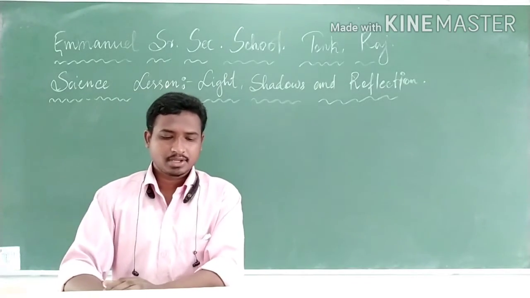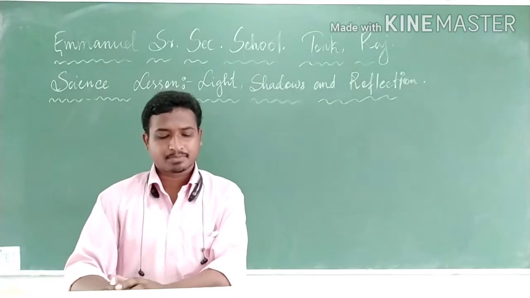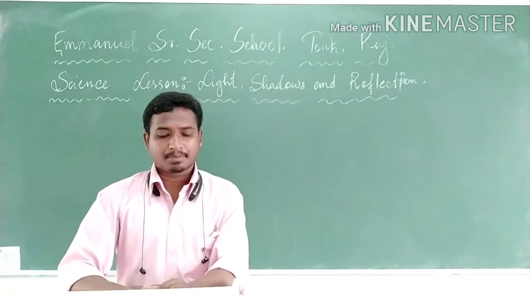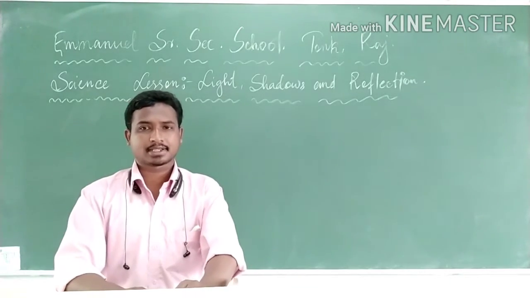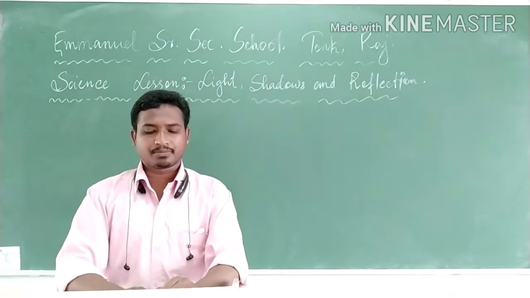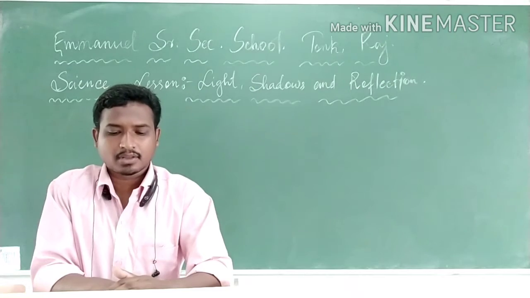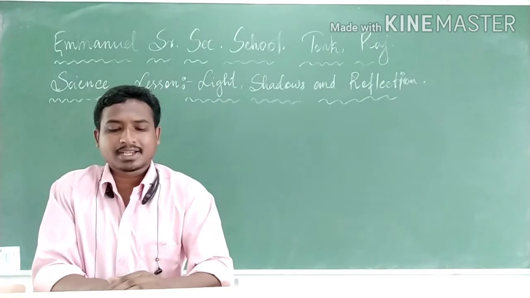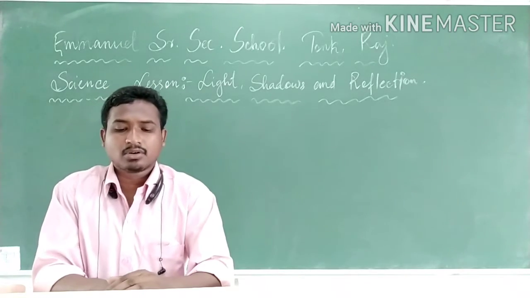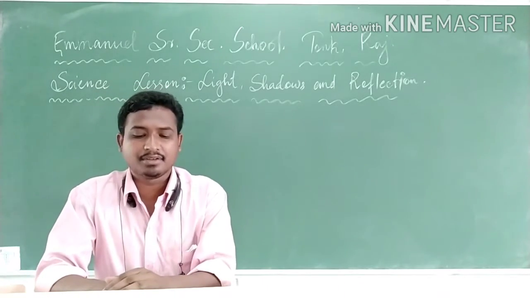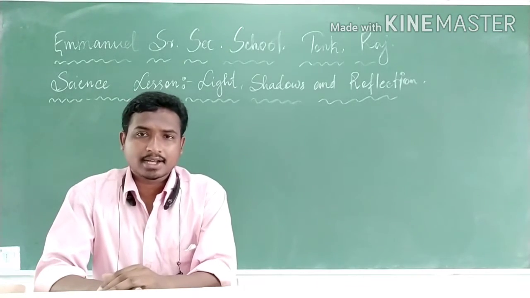Students, in your book: transparent, opaque and translucent objects. Do you play the hide and seek game? If you hide behind a glass window, your friends can see through and spot you. For this example, you can get the idea of transparency. Hence, materials through which things can be seen are called transparent. For example, water, air, glass, etc.